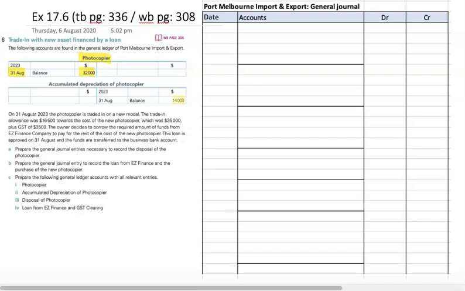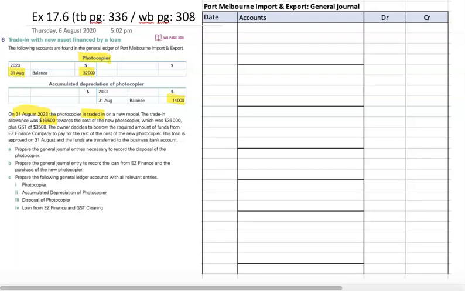And there is $14,000 of accumulated depreciation also by the 31st of August. So the carrying value of the photocopier is $32,000 minus 14, which is $18,000. On the 31st of August, the photocopier is traded in for a new model. As soon as you see the word trade in, you know you've got a disposal and a trade in to think about. The trade in allowance was